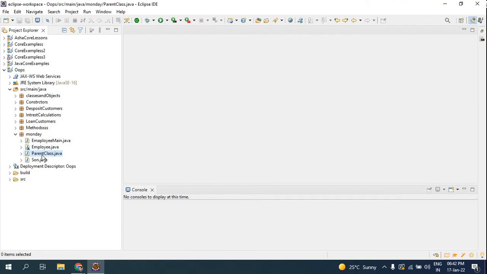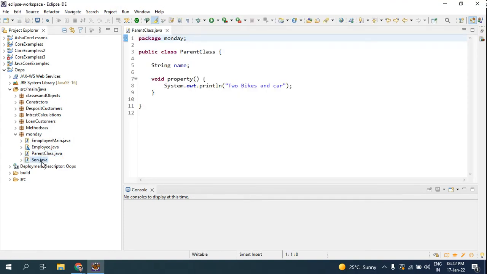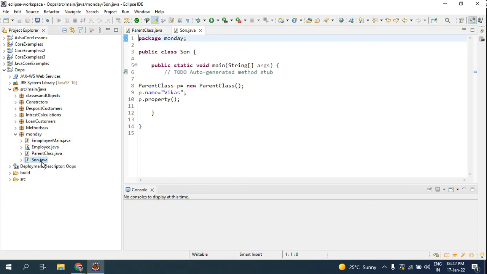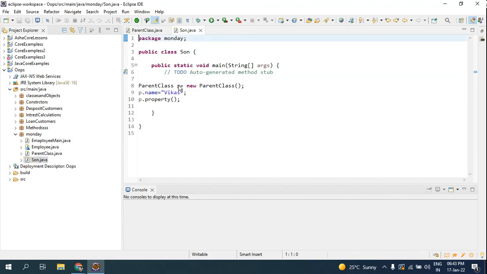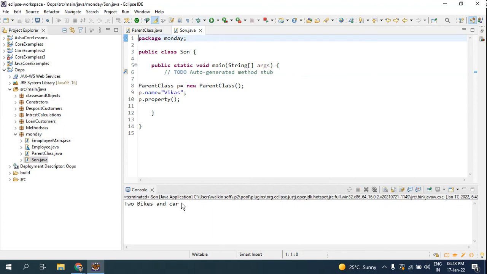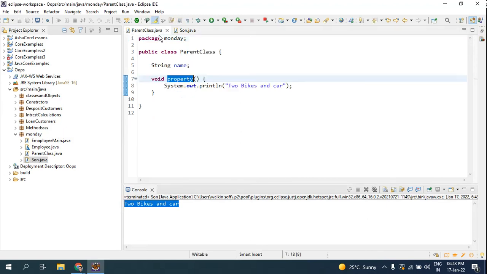So this is the parent class and this is the son class. Here I have used the string name Vikas and property. This property method is coming from here, this property, right? You are getting it here because you have created the object. So if you run it, you are able to get 2 bikes and car, but the name string has not been initiated, right? This is one thing that you have to observe here, because you cannot access the name here, since this string name is default. If I make this public